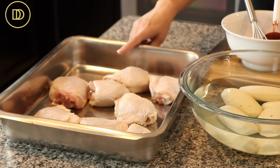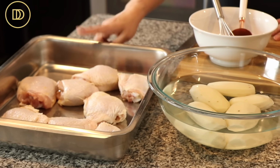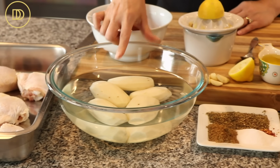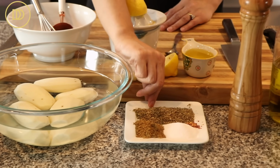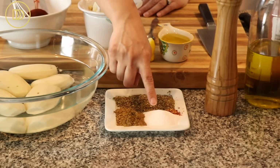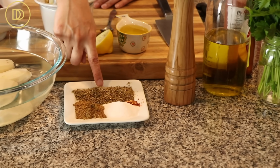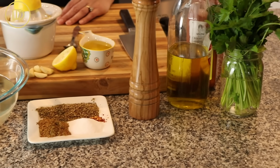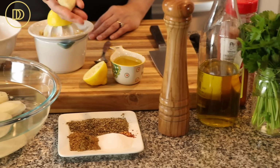So over here I have some chicken thighs. You could use thighs, a combination of thighs and drumsticks, but we only have thighs today, skin on and bone in. We have some potatoes that I've peeled and they're soaking in water to prevent them from going brown. The spices are ground cumin, lots of salt, some crushed red pepper flakes, lots of dried oregano, some black pepper. We're going to need some olive oil, a little bit of parsley for garnish, and then some whole garlic cloves